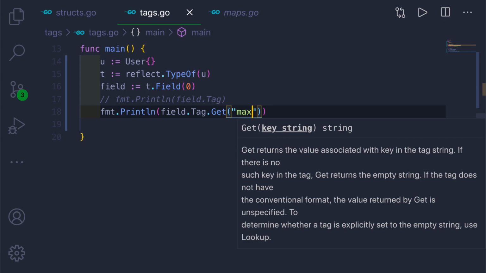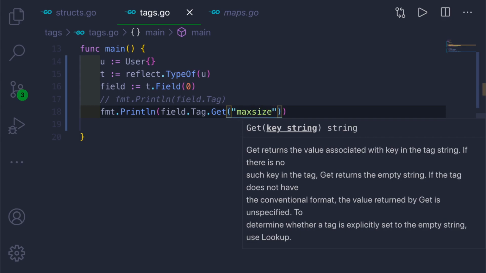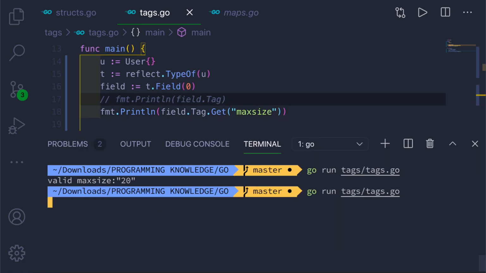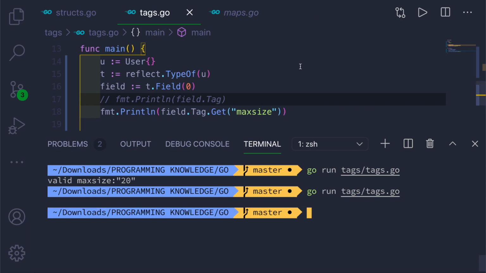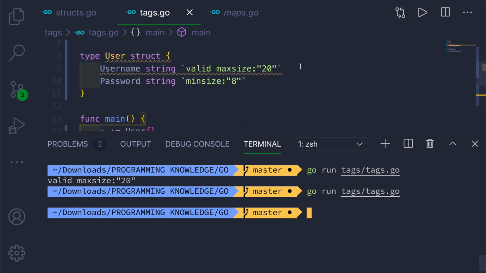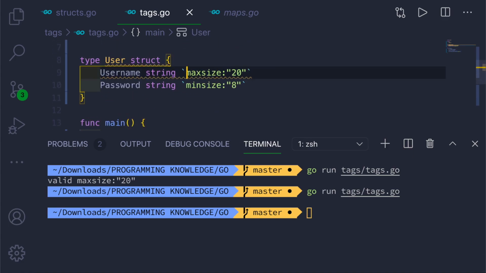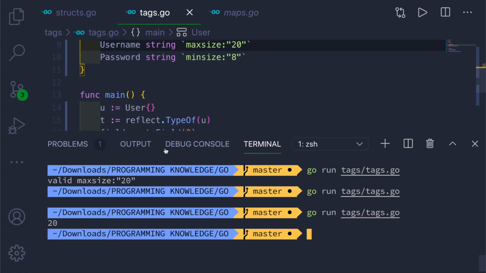So we have to give max size, and if you go ahead and run this, since we have two values here, just remove one. Now we'll run this and we'll get 20 here.